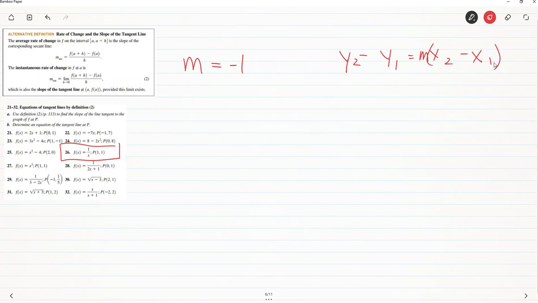Either of these two to finish this problem. I'm going to use the point slope. So we've got y2 minus y1 equals m times x minus x1. So we'd have y minus